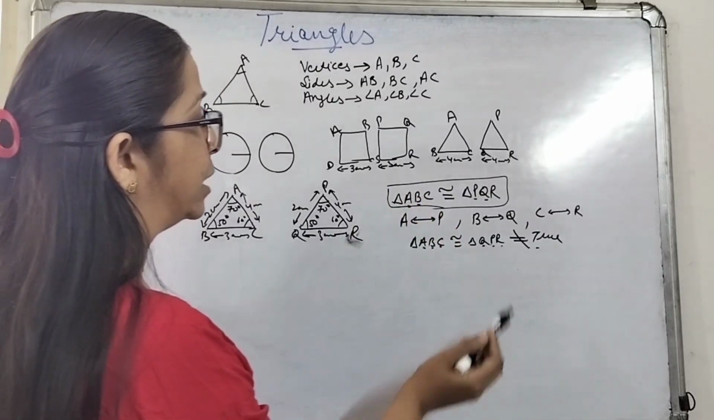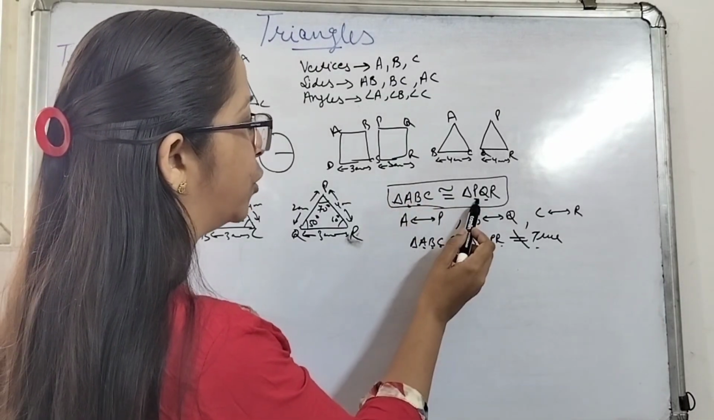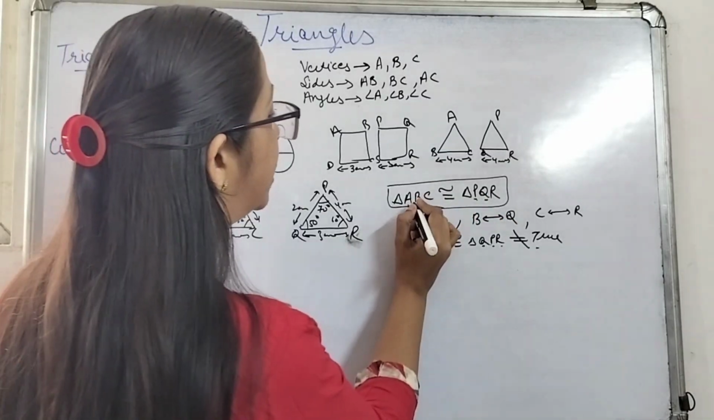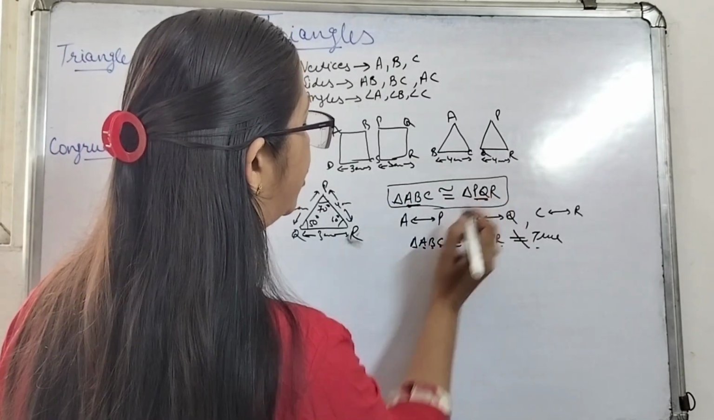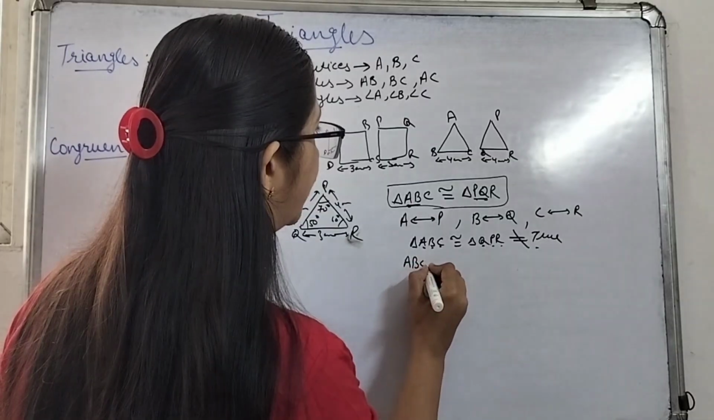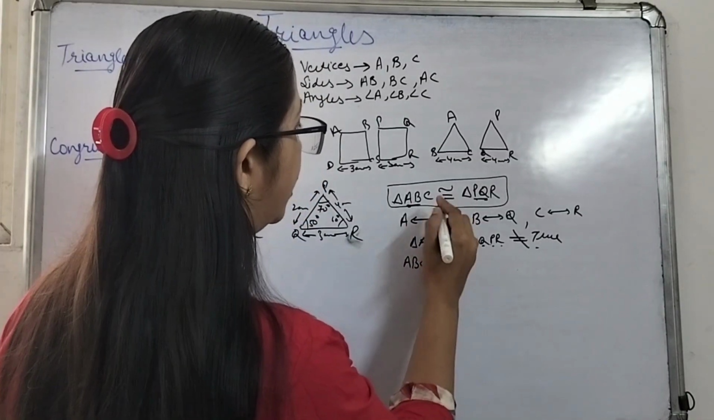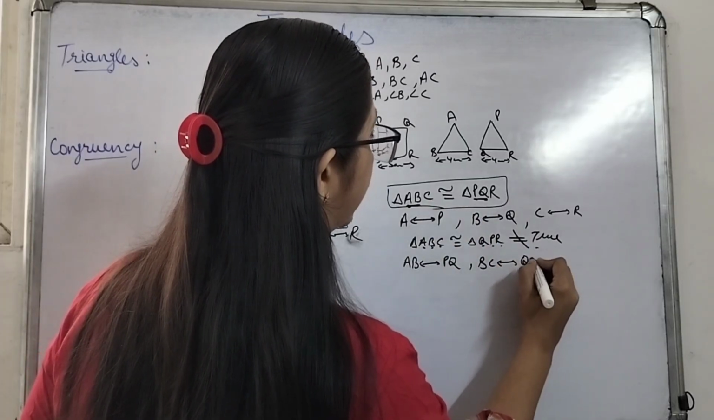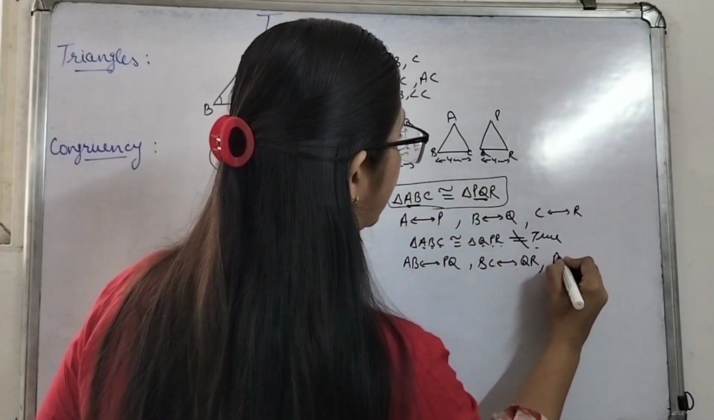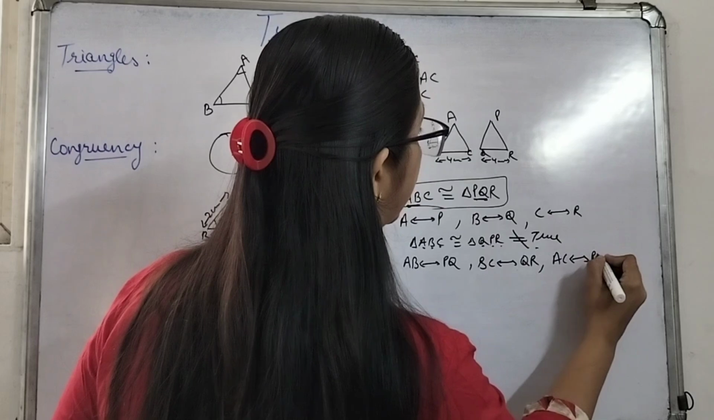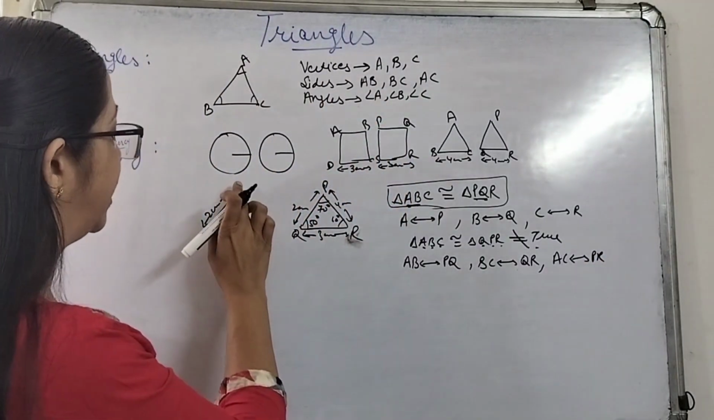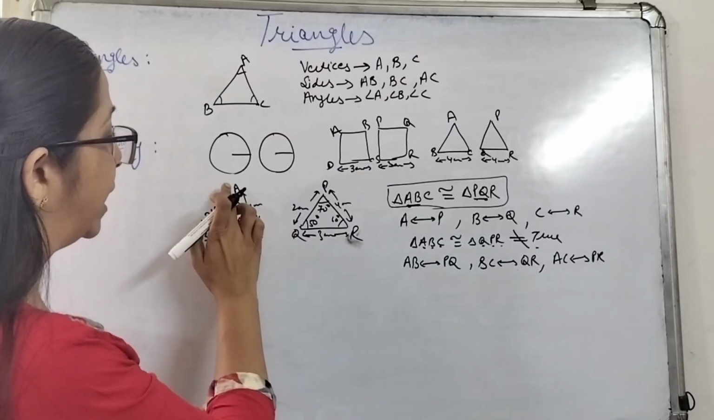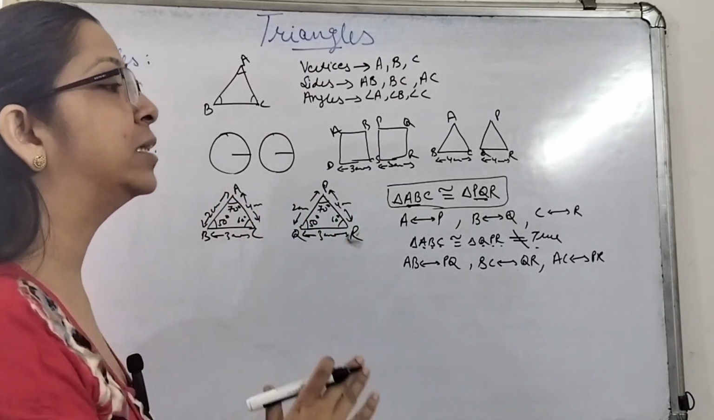So by this, what we can conclude is that A corresponds to P, B corresponds to Q, and C corresponds to R. Similarly, AB corresponds to PQ, BC corresponds to QR, and AC corresponds to PR. That means if I keep AB over PQ, BC over QR, and AC over PR, then they will be